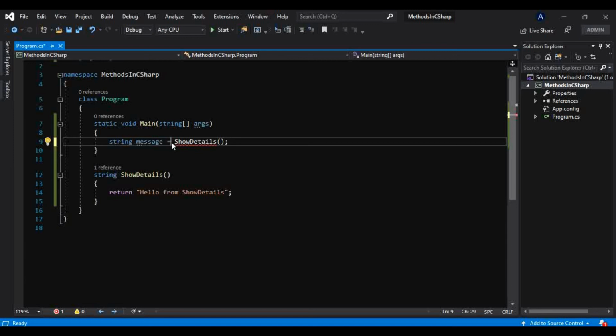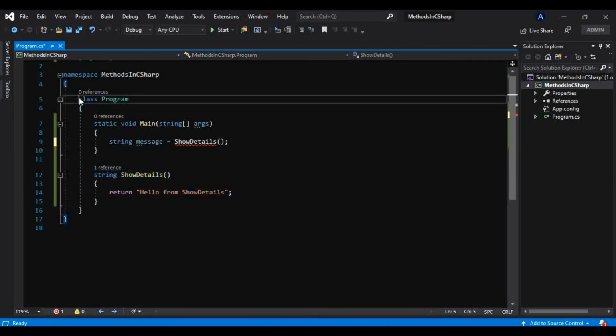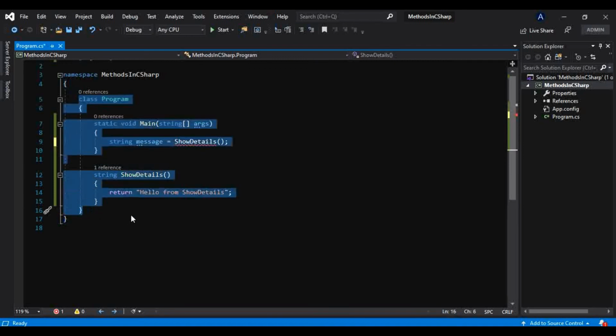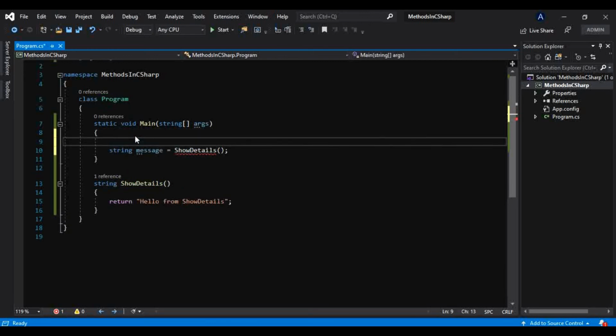We know at the time when we have learned what is classes, what is structure, that if this method is inside this class, then to access this method we have to create an object of that class. So directly you cannot call that. So for that I have to create first an object of that class.